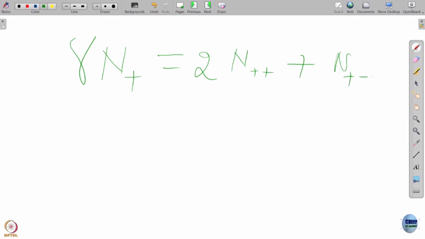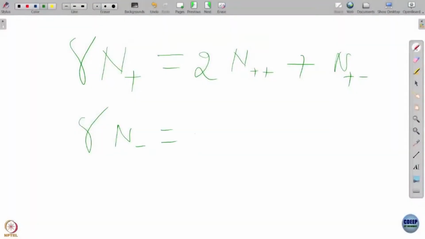So in addition to n equal to n plus plus n minus, which is the conservation condition, I get a second conservation condition. Now I say, okay, I want to do the same thing, now starting only with the down spins. Again I get this relation. So, what do I get now? I get 3 relations.